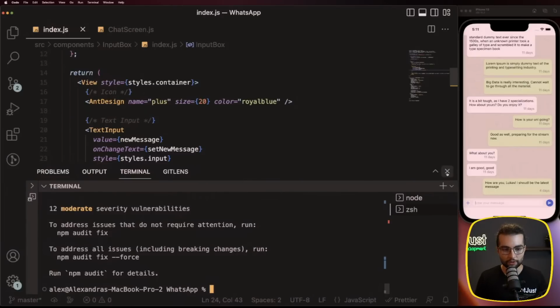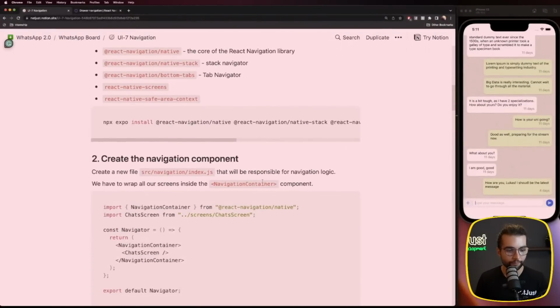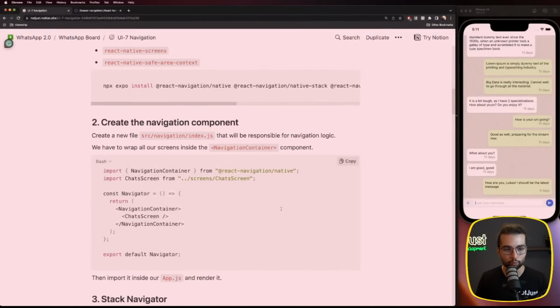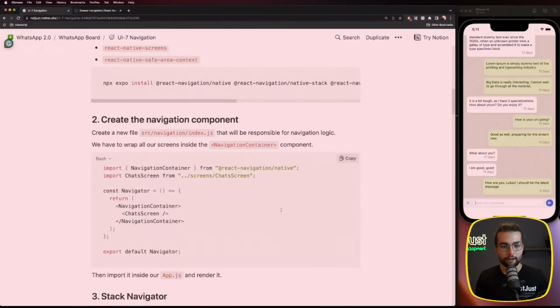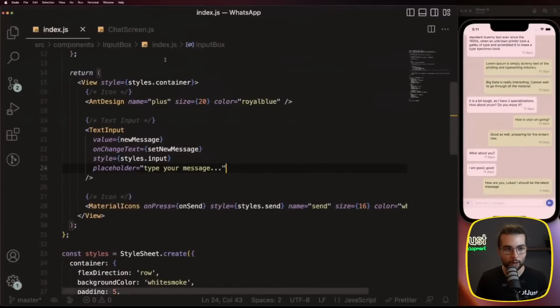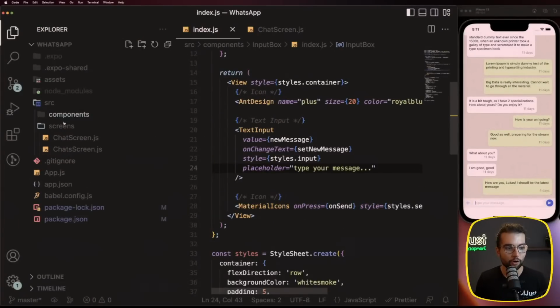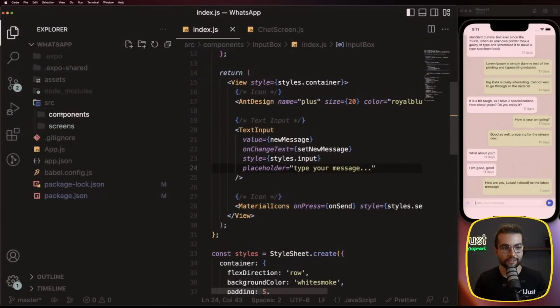All right, so yeah, we have them installed. Now it's time to start with the basics. One thing to remember is that we need to wrap our whole application in a navigation container. So instead of wrapping our app.js with a navigation container, let's keep all the code related to the navigation inside its separate folder